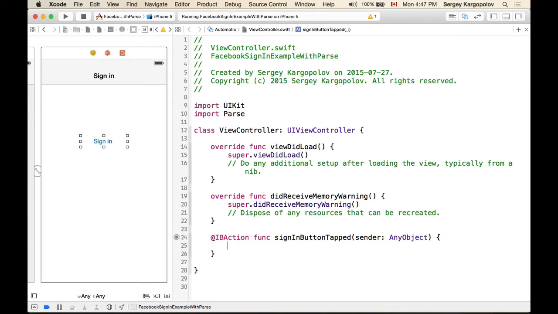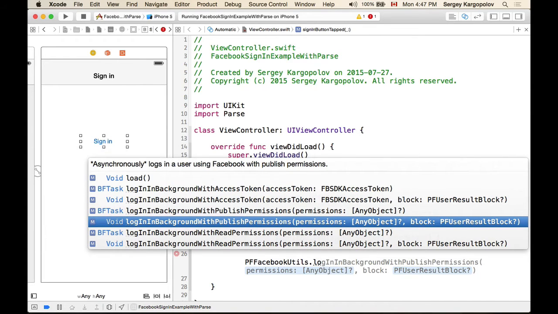Okay, now we have an action function which will be triggered when user taps on sign in button, and here we will use Parse custom class which is PFFacebookUtils, and there we want to find login